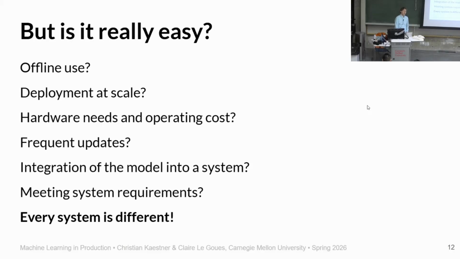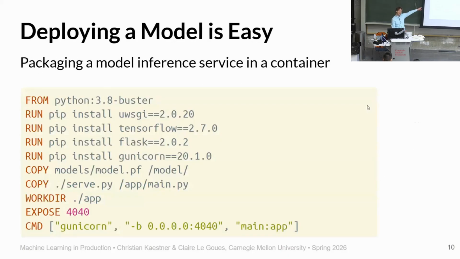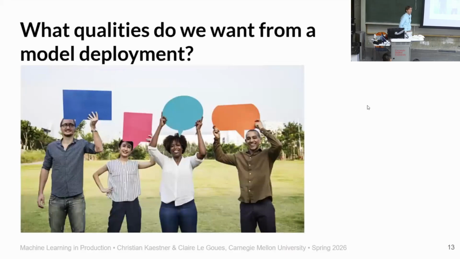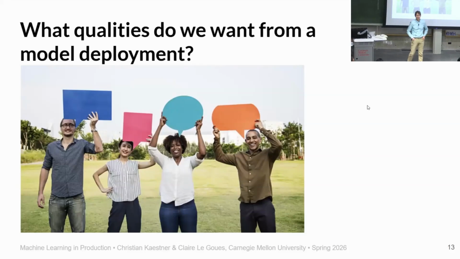I mean, we're all talking LLMs these days, which is all GPU-based. Not all models are that hardware hungry, but modern models often are, right? Do you need to ever update the model? Then having the model in the container is maybe not the best solution, because you're replacing the container and uploading everything and deploying this everywhere. And in a way, every system is different, and we need to figure out how we are designing the deployment